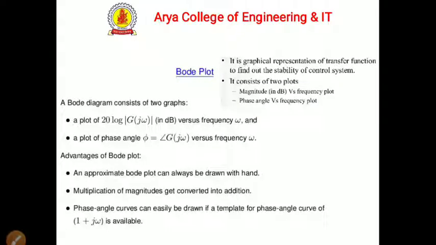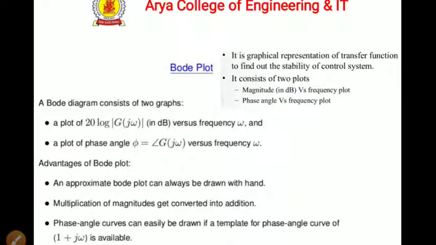What is a Bode plot? A Bode plot is a graphical representation of a transfer function to find out the stability of a control system. A Bode plot consists of two plots. First is the magnitude versus frequency plot, and second is the phase angle versus frequency plot. So we have two terms, magnitude and phase angle, and both are plotted versus frequency. The first one, magnitude, is a plot of 20 log of G(jω) in dB versus